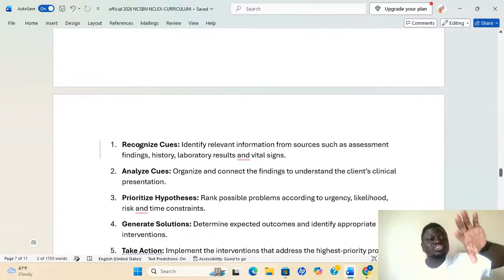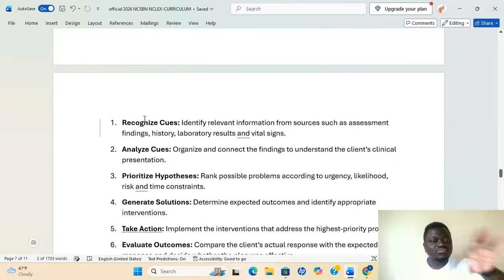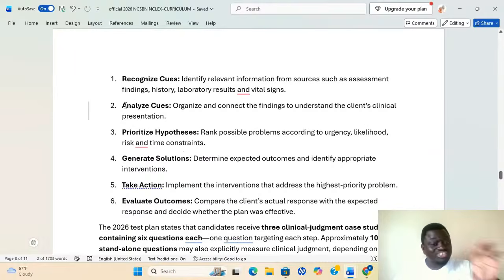They will now test you on recognizing cues, your ability to identify the cues. That is why we are doing the emergencies, the system emergencies. Okay, the cues. If you're able to recognize them, they will test you on how to analyze cues. Then after you've analyzed the cue and know that, okay, this one is asthma, how the signs and symptoms the patient brought